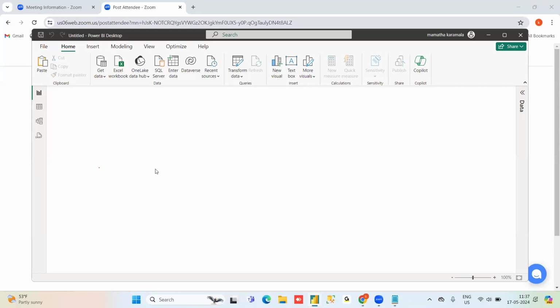It is the heart of the thing, because if you want to remove duplicates, split a column, do grouping, merge three or four data sets, or append, all those things will be done here only.